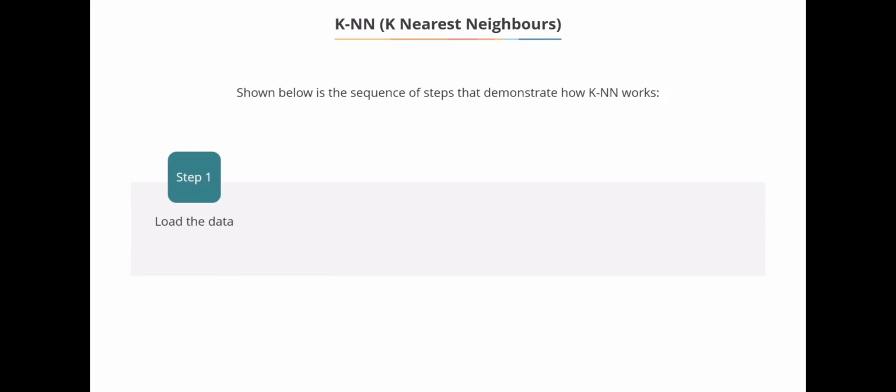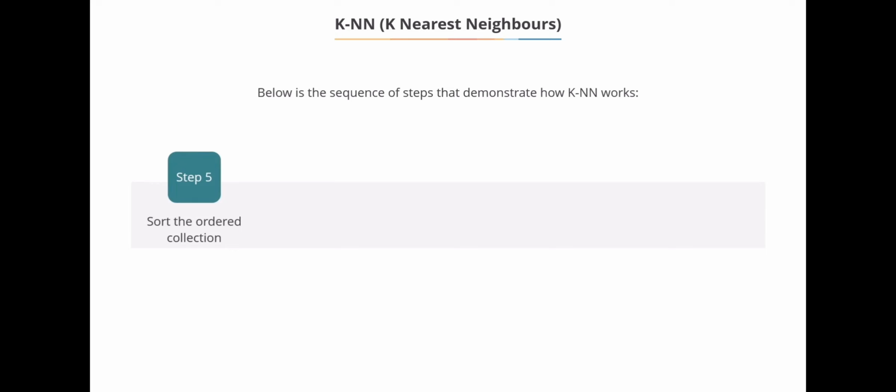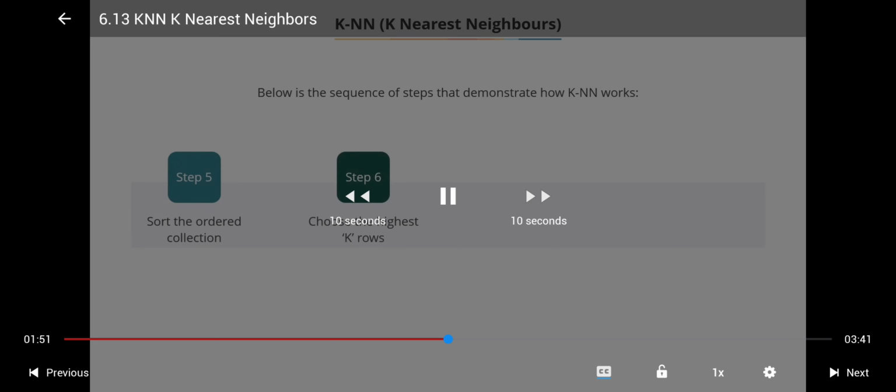Load the data, initialize k, that is, any integer that determines the nearest data points to a given data point. Calculate the distance between the new data point and the current example from the data set. Note that we use the Euclidean, Manhattan, or Hamming methods to make this calculation, most commonly the straight-line Euclidean method. Add the distance calculated and the index of the example to an ordered collection. Sort the ordered collection in ascending order. From the smallest to the largest, choose the first k rows from the sorted array,